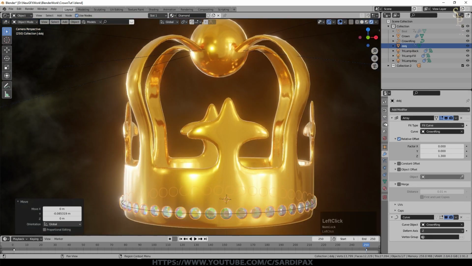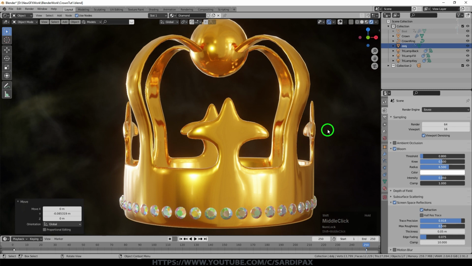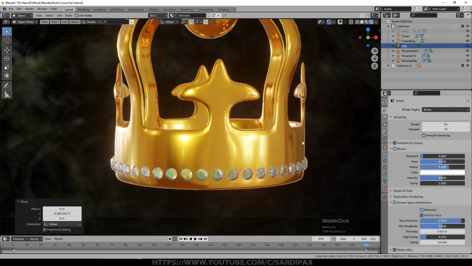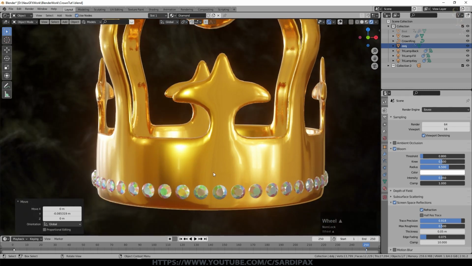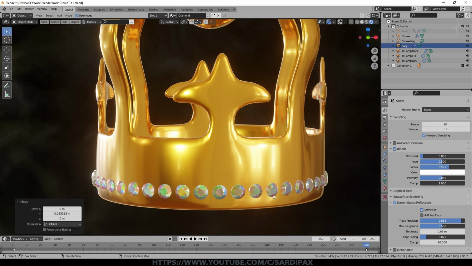If I just turn that bloom down a little bit more, you can see the sort of effect we're getting. It's reasonably convincing. We're getting a nice sort of glittery look to our diamonds there. It's as if we're getting a little diffraction of light around the gem, when in actual fact it's just giving us a slightly different colour depending on the angle of the light that we're getting off it, but it's still quite a good gem-like effect.